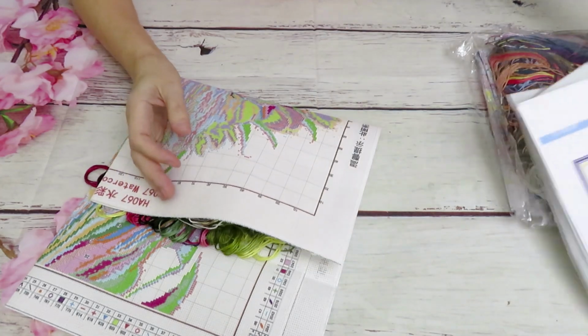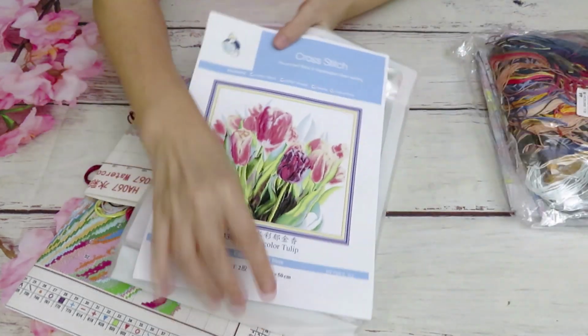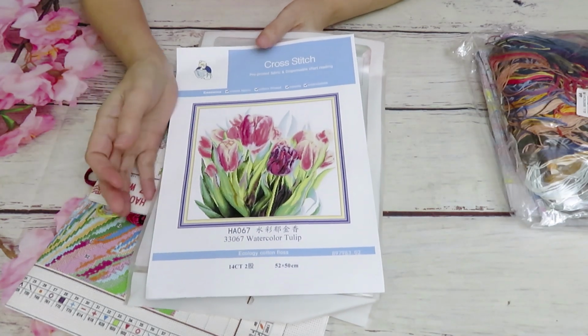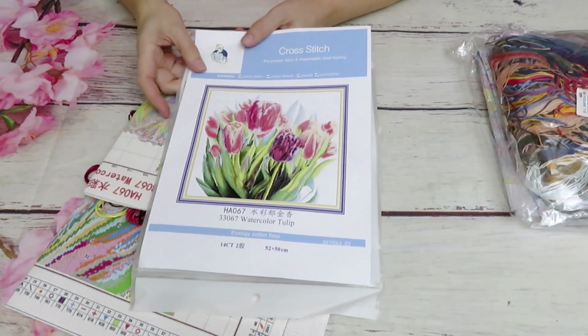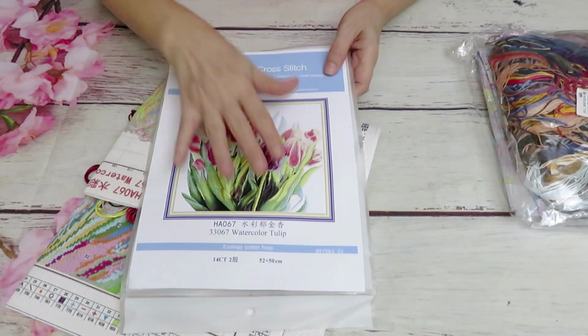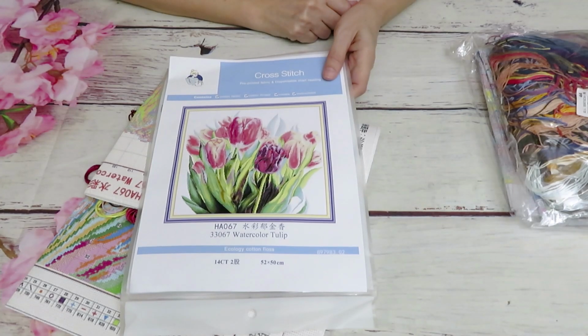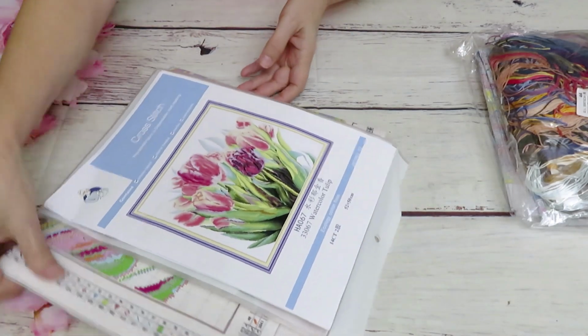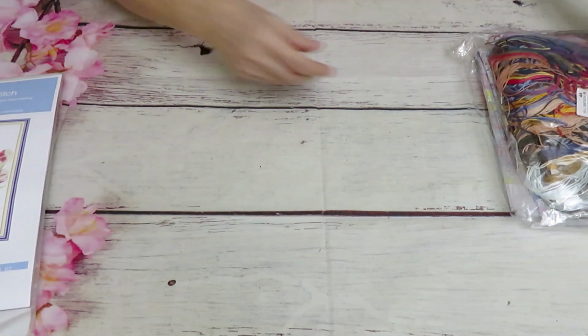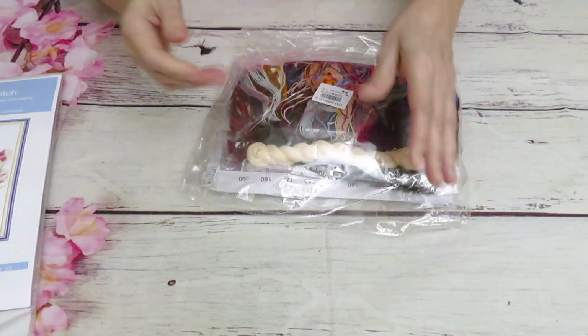What can I say? If you like flowers, it could be such a beautiful pillow for your sofa or even for the bedroom. If you are a flowery girl, maybe you have sheets and a comforter with flowers. Boom, make this pillow on the top. Gorgeous, isn't it? All right, one more, and this is something I'm actually very excited about, and I'm so glad that this is actually this brand,